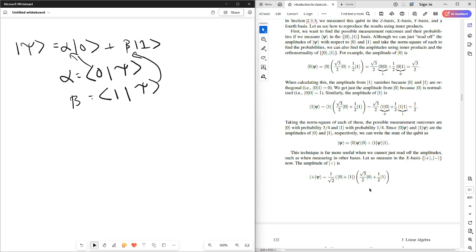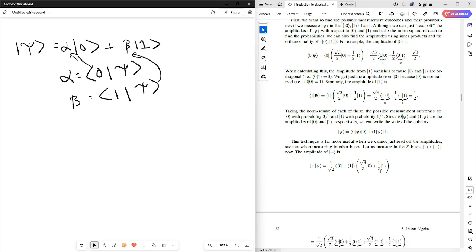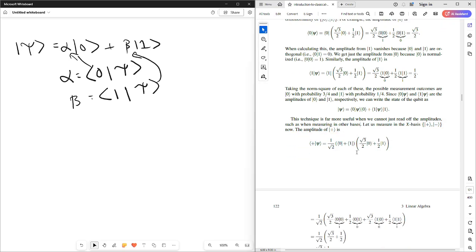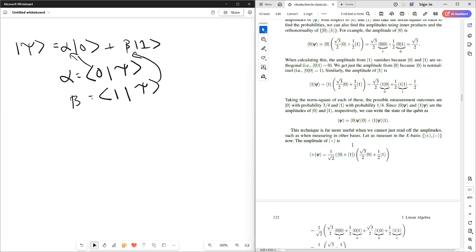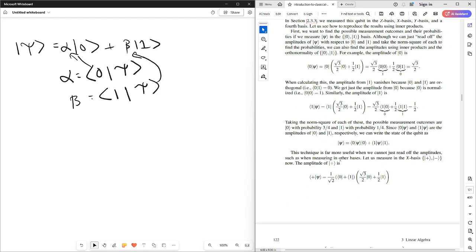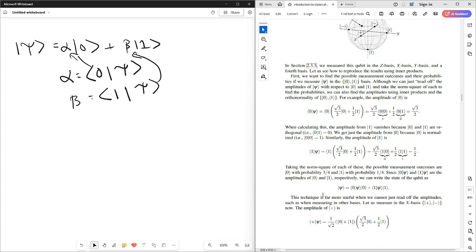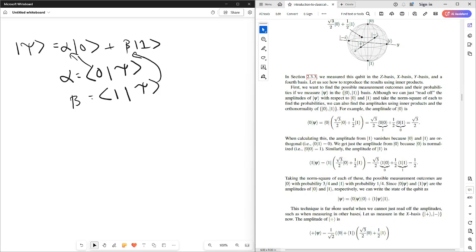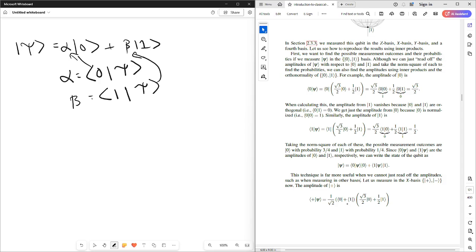Interesting. So we can find our amplitudes when we are measuring in different bases. So let's say we want to measure this psi that we had up here in the x basis. So we can take the inner product